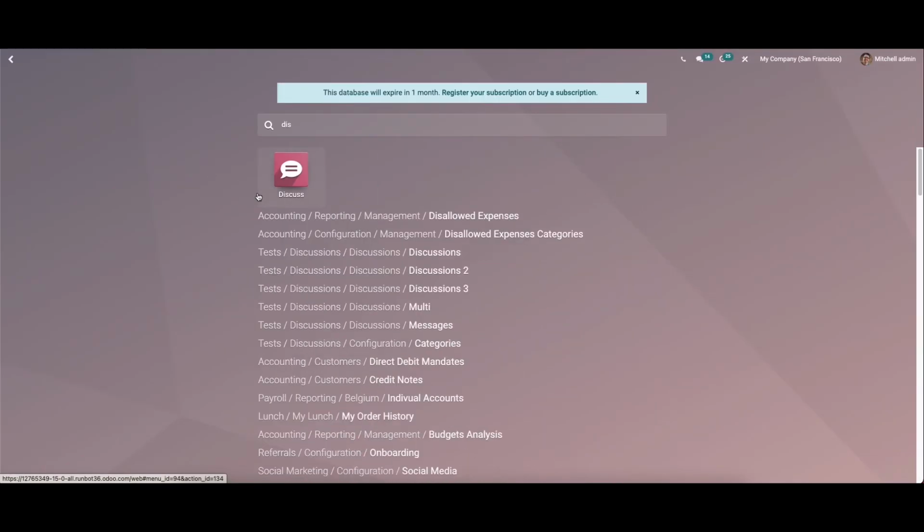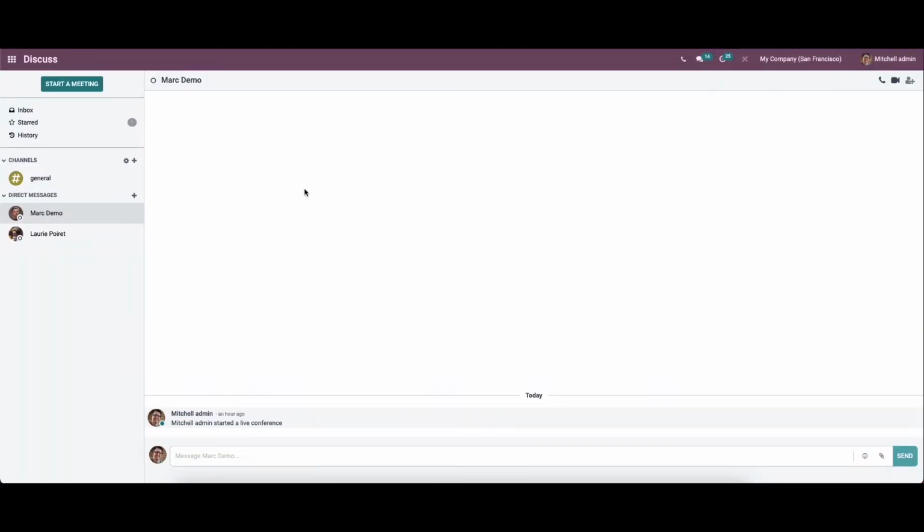For that, we can go to the Discuss module, because canned responses are shortcuts used in the Discuss module, and also it is used to engage customers better during an ongoing conversation to deliver a faster and consistent response. So from the direct messages, we can choose the person with whom we are going to start a conversation. So here we can choose Mark Demo,